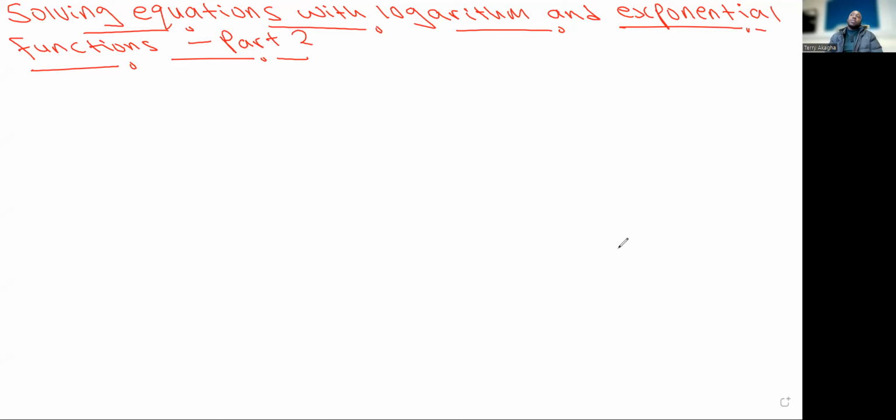So we'll continue with solving more questions. We'll try and solve more questions on logarithm and exponent. And please review previous videos before coming here. Try as much as possible to review the laws of logarithm that we talked about, and the laws of exponential functions as well. And also review the quadratic video series because I will be solving some questions that are going to involve quadratic equations and also the laws of indices as well. Some questions you can solve with the laws of indices, and you need to also go back and